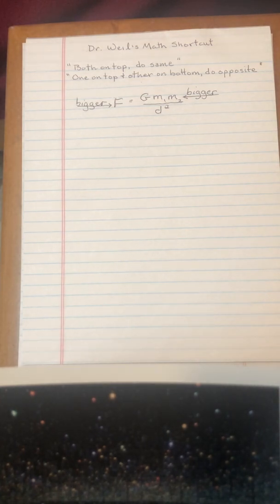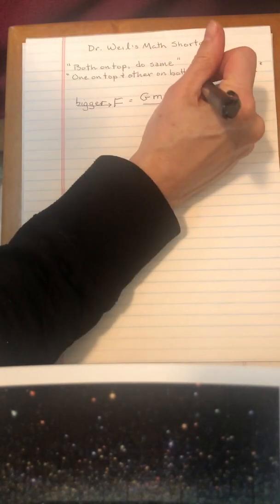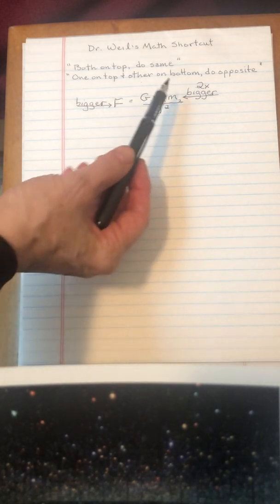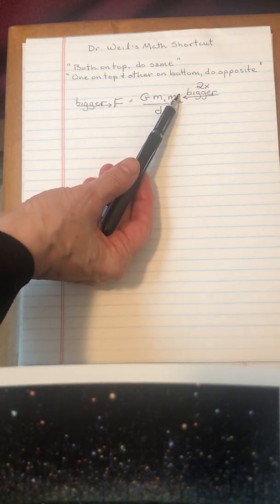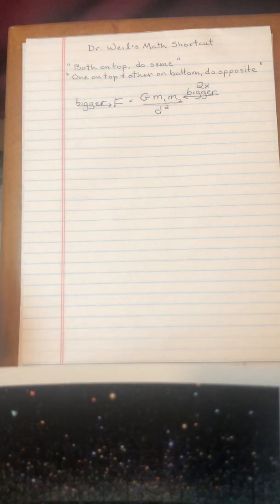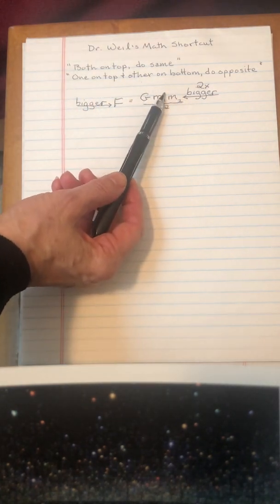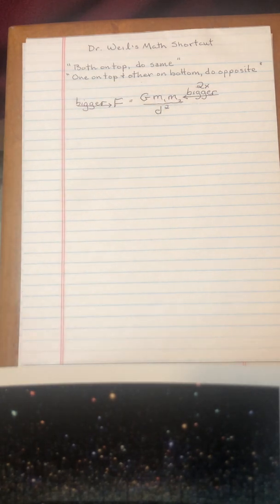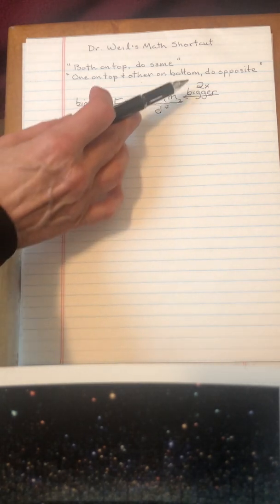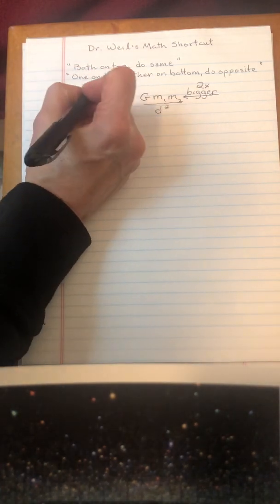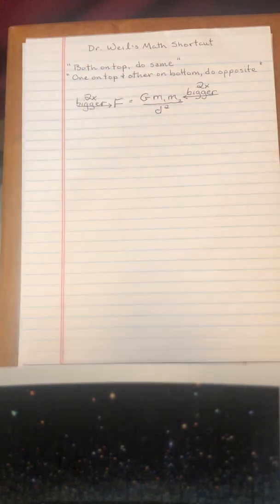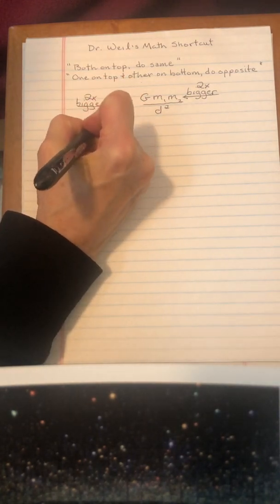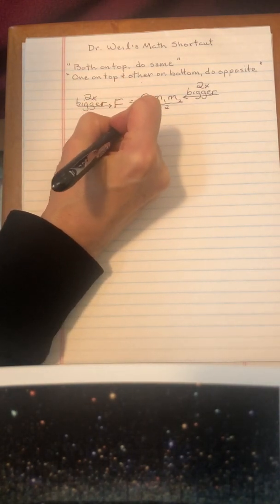Now let's suppose we stick some numbers in. Let's suppose I make the mass 2 times bigger. Now looking at the masses here, there's no squares or cubes or square roots or any kind of exponent or power whatsoever anywhere on them. And if there's no exponent or power, then if the mass gets 2 times bigger, the force also has to get exactly 2 times bigger. And you're done with that problem. You've got a final answer of it gets 2 times bigger.